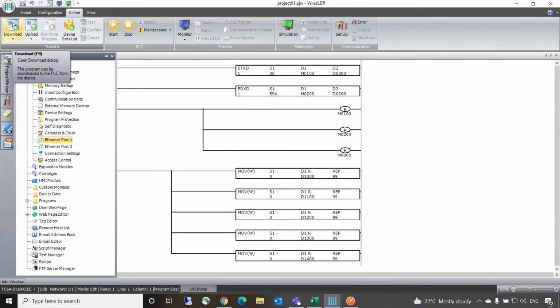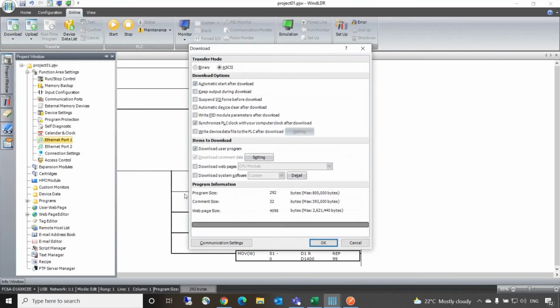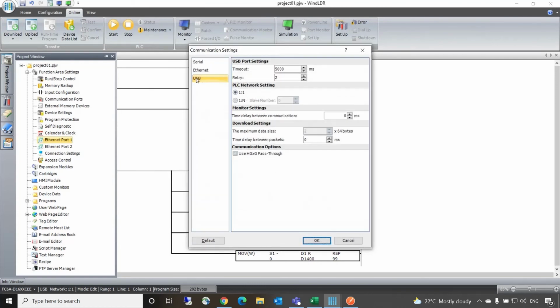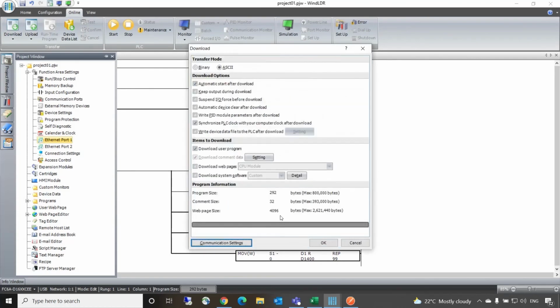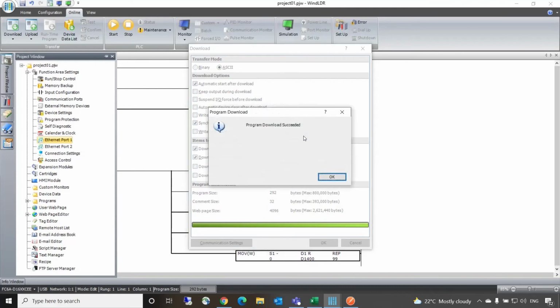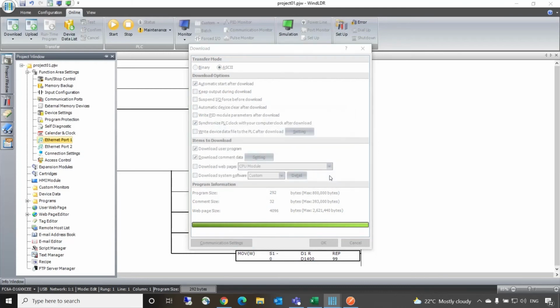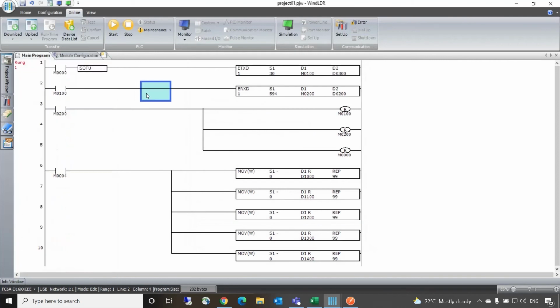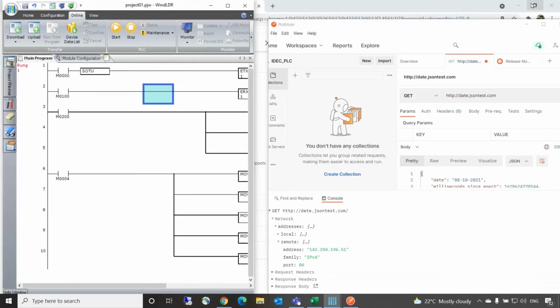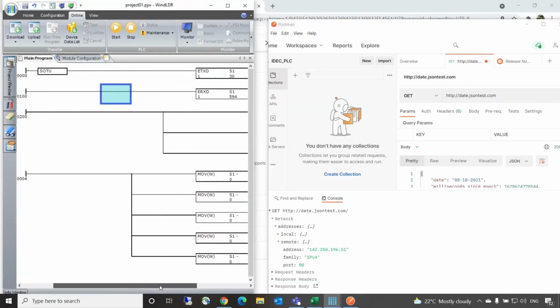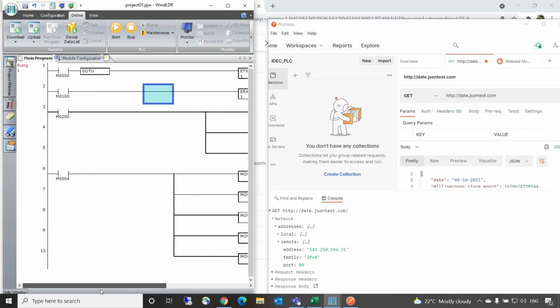And click on download. Communication settings I already checked, USB, okay, fine, and click OK. Once this data is transmitted, it'll show as succeeded, right? So let us try to monitor now, and see whether we are getting the same result or not.